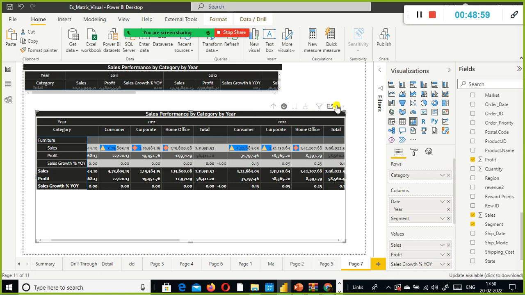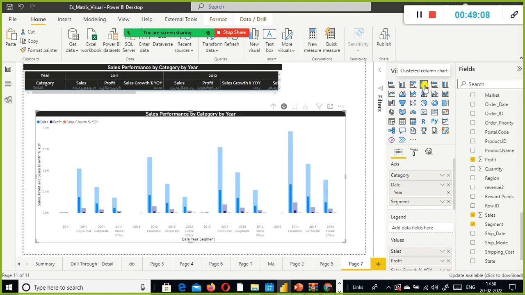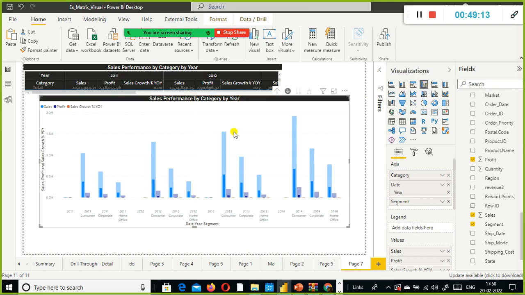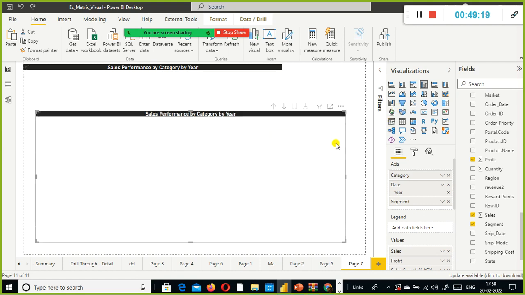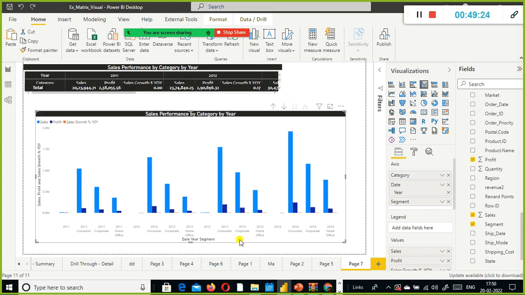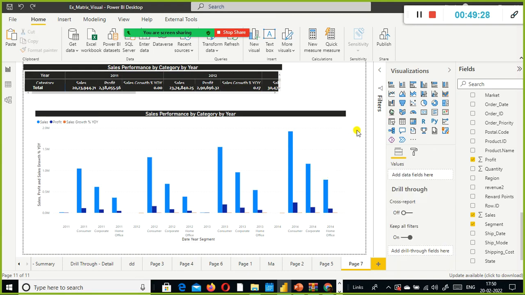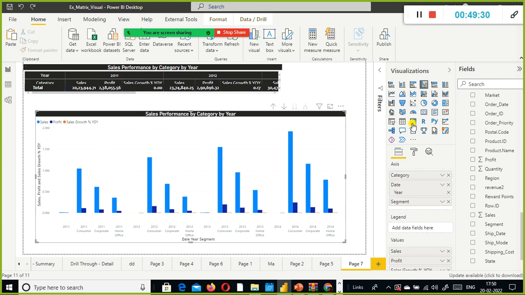Because I've used so many columns, let me do one thing. I'll try to convert this. Earlier we were using the matrix, right? What I do is I just press Control Z. Control Z is possible in the report canvas.